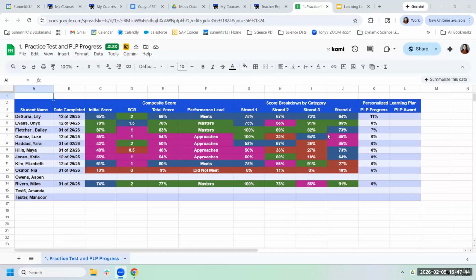So tell me again, I know red is did not meets, right? Yes. Red is did not meets. That fuchsia kind of pinkish color is approaches. Here, blue is meets and green is masters. Oh, okay. That always tricks me up. In my head, blue is masters all the time, but here in the reports, blue is meets, green is masters. So you can